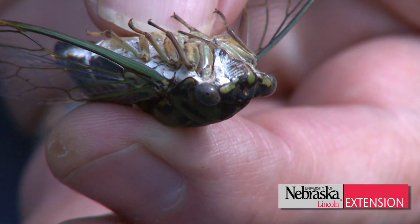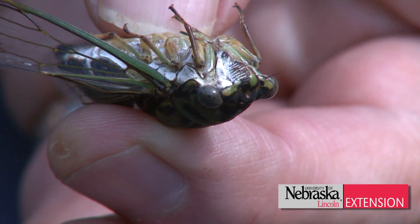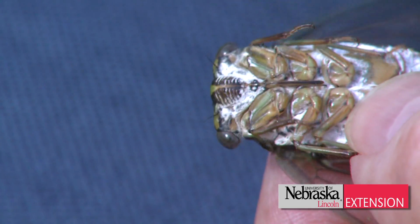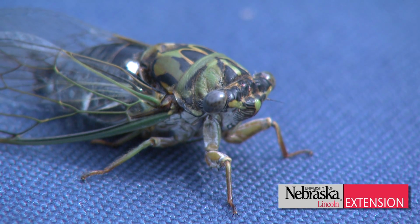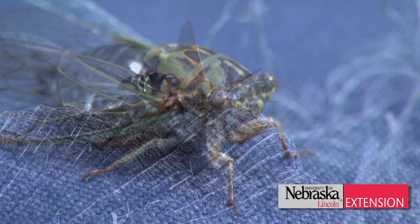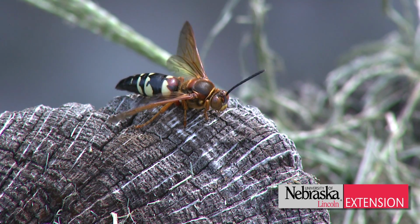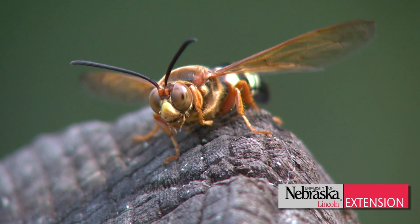So let's talk about the silver-bellied cicada. That's the one that we commonly see in the summertime, that's greenish. And it comes out usually in the evening hours, and as the season progresses, it will come out during the daytime hours to sing. It does this in order to avoid the notorious cicada killer wasp, which is on the lookout for it. And it will capture one and sting it and carry it back to its tunnel as food